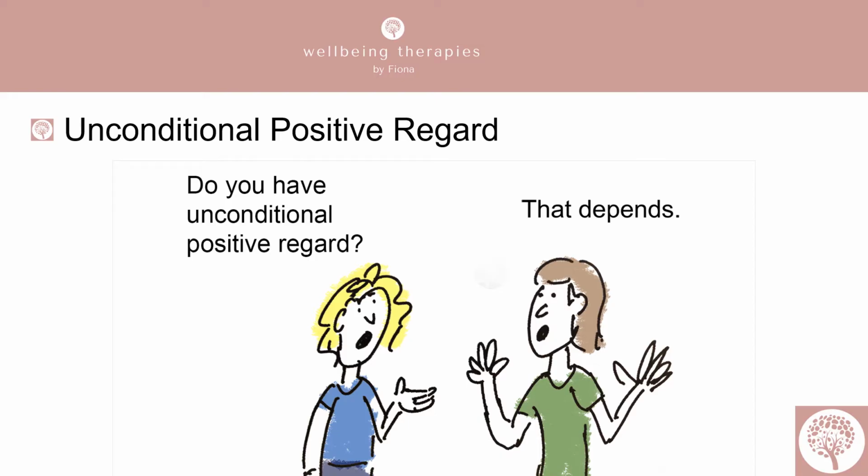We have to accept that we will judge other people, but it's so important that we work on our own belief systems so that we're able to be open and honest with our clients and able to see them as individual human beings. And remembering that their experience is not ours, and we do not have to have the same belief system in order to be a support for them.